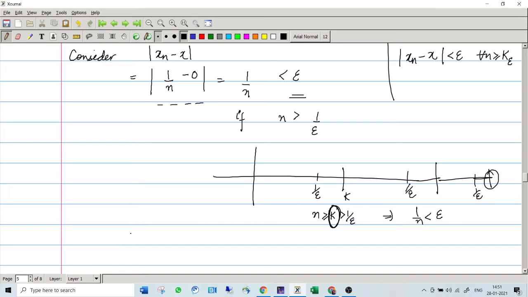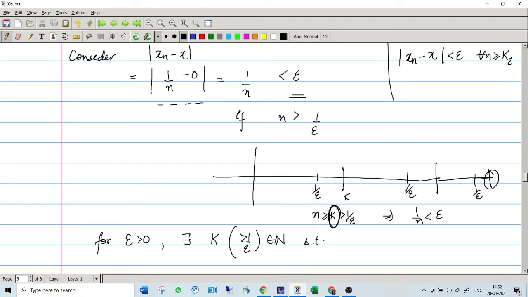Because epsilon could be any positive number, the relation 1 by n is less than epsilon for n greater than or equal to k is also possible for every possible epsilon greater than 0. So for every epsilon greater than 0, we could find a natural number k, which was precisely the natural number greater than 1 by epsilon,